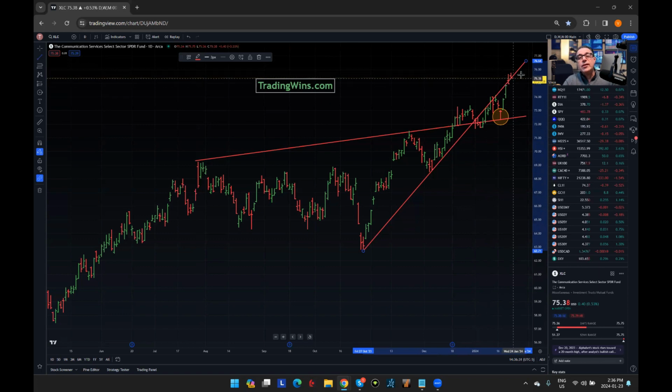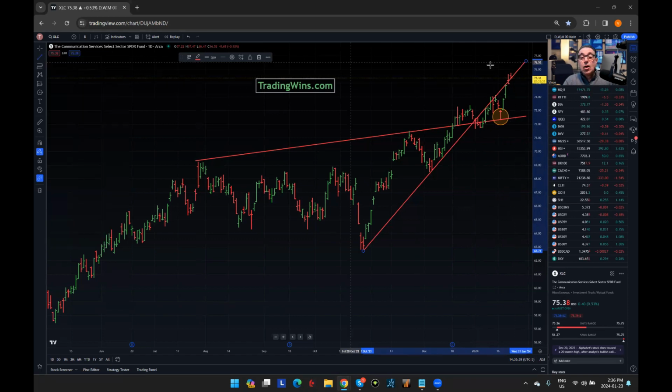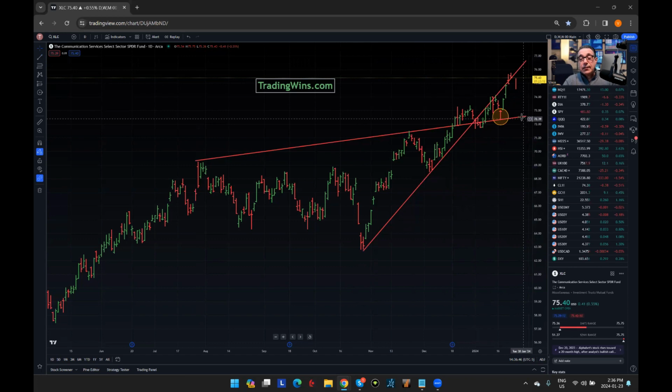Now, what do we do with this information right now? Again, very simple. If we get a close back below that line, a clear move lower, for example, if that's a candle there, we could expect it to come back to this level here. And we know exactly how far our target is away from where we are now